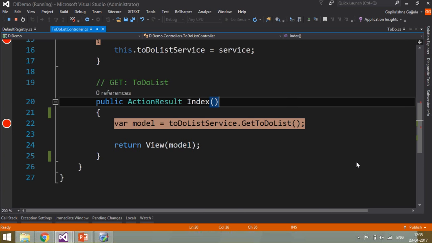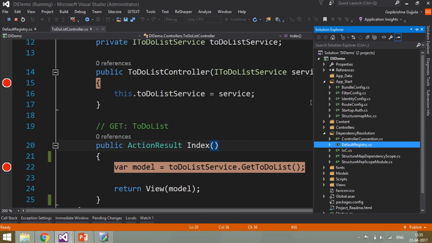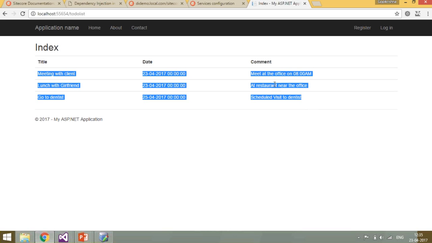So if you see here, it just outputted the model. I don't have anything fancy in that index HTML. I'm just creating the table and outputting the model. So this is what we do in the .NET world, and there are a lot of things involved